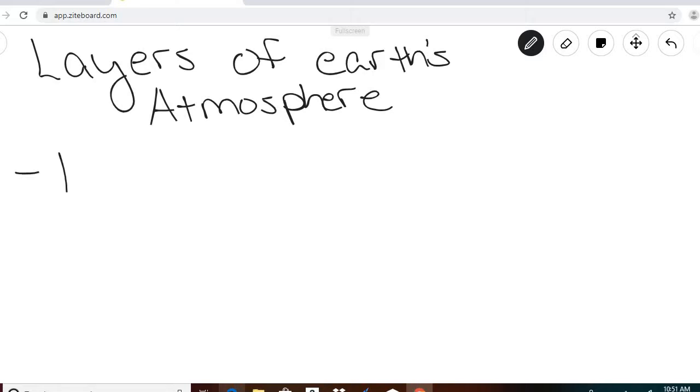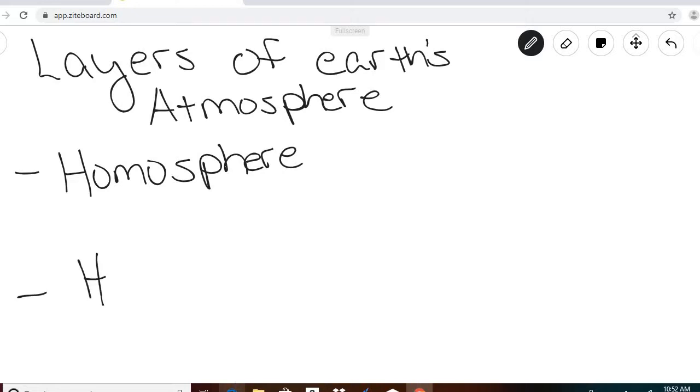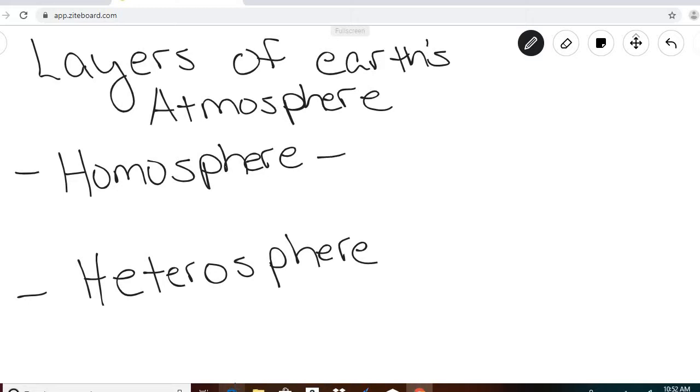The first is called the homosphere, and the second is called the heterosphere. So the homosphere, this is the air that we breathe,